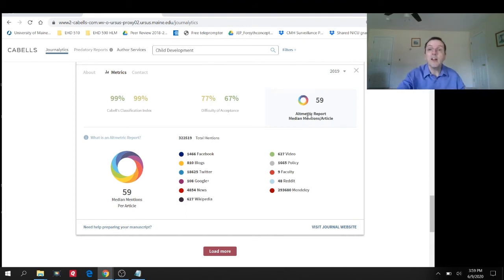And you can see here the median altmetric score for journal articles in Child Development. Their median score was 59. And Child Development overall has 322,519 total mentions in social media. 1466 on Facebook, 810 on blogs, 18,000 plus on Twitter, 627 in Wikipedia,